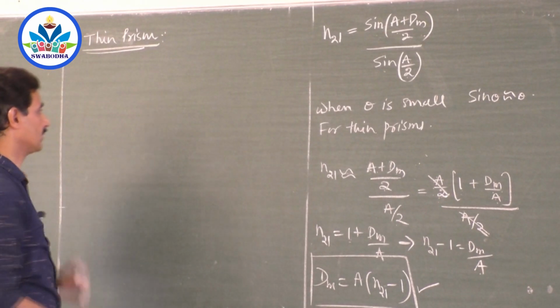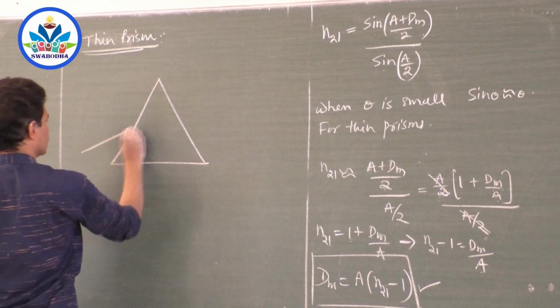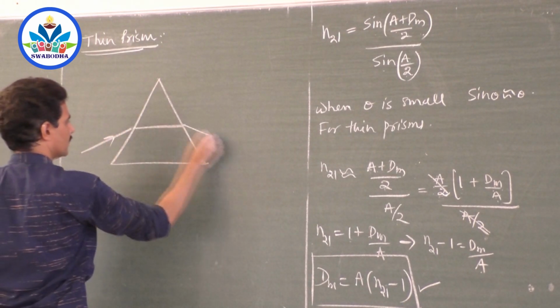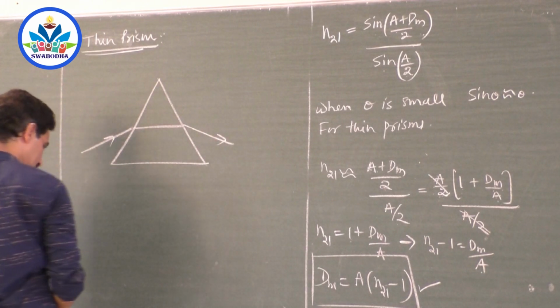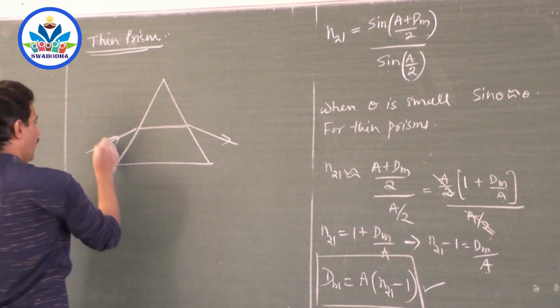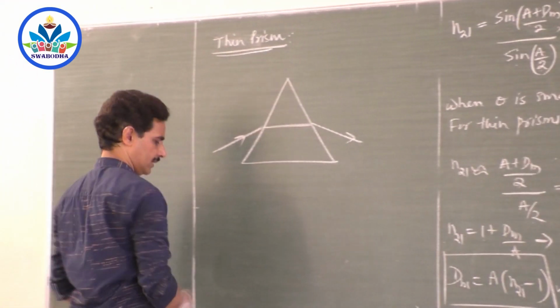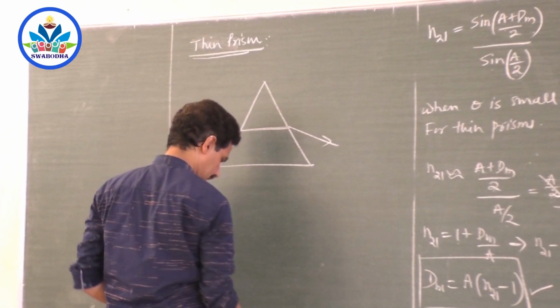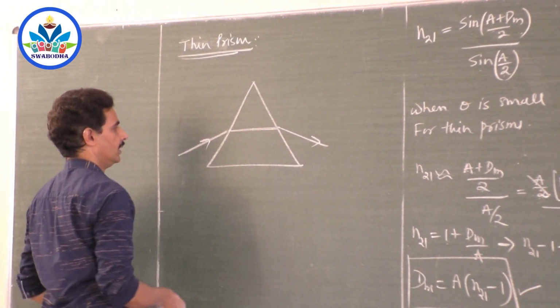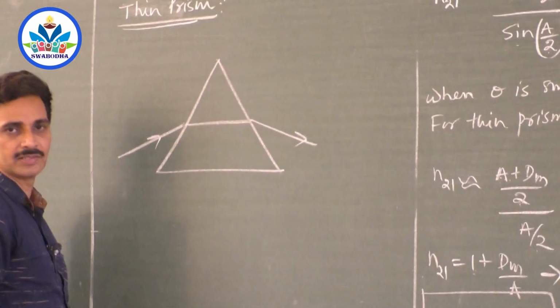Now why does dispersion occur? Very simple, if it is asked for the exam. Of course, it's not a very important question, but you must know it. Dispersion occurs for this particular reason. All the colors have the same speed in air, but once they enter the prism, different colors will have different speeds.